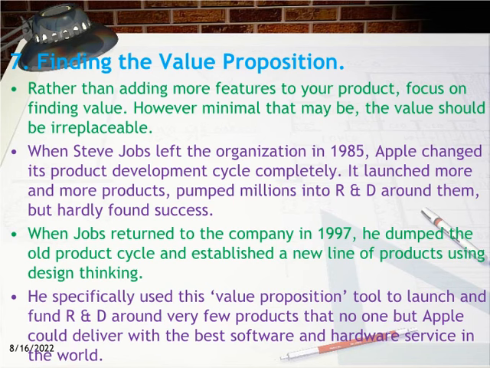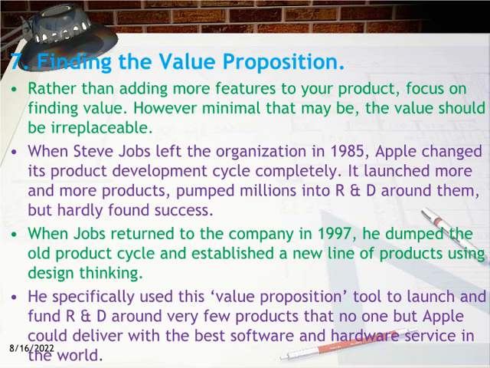When Steve Jobs left the organization in 1985, Apple changed its product development cycle completely. It launched more and more products, pumped millions into R&D around them, but hardly found success. When Jobs returned to the company in 1997, he dumped the old product cycle and established a new line of